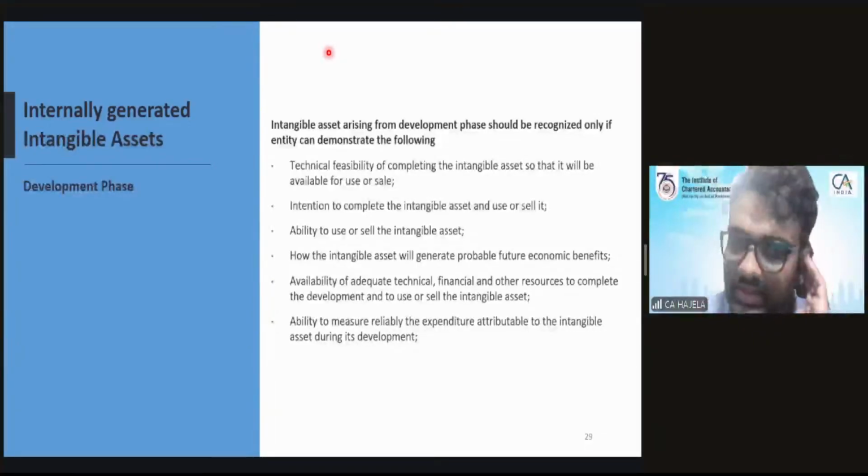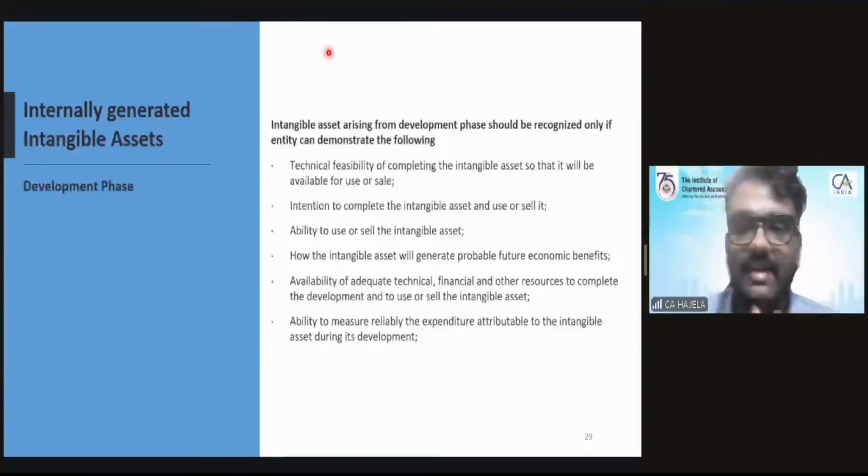I hope this is clear. I'm giving you guys a minute's time to read what is available on the screen, all these points. And you can, of course, keep parking your queries,